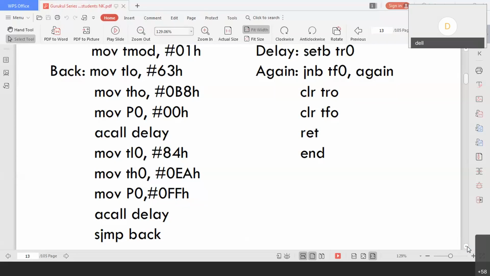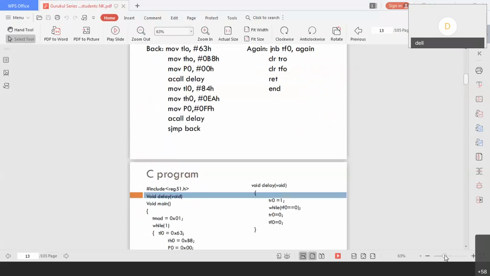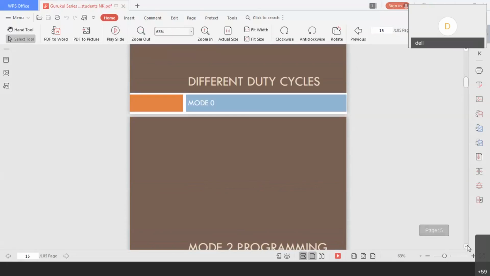Now I can summarize like this. The initial delay is nothing but 10 milliseconds because we are sending 0 for the off time. The second time, we are making it high and we are calling delay. It is a 3 millisecond delay. If we keep repeating this in a loop, finally it will keep generating a square wave of different duty cycles. Correct? Any difficulty in this? Okay, so now we understood.